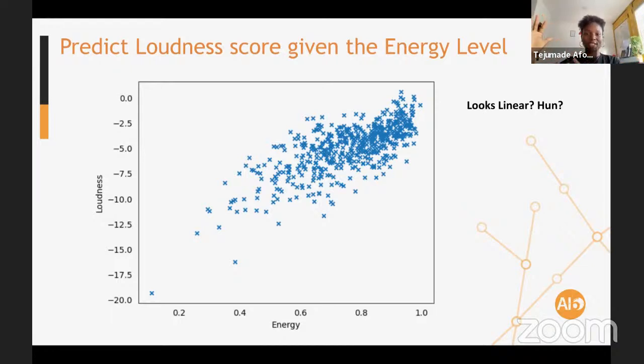It is a continuous value. So does it look linear to you? What do you think? Does it look linear? Can we use linear regression? I mean, this is currently our hammer. We just keep using it, hitting everything with it. It's like linear regression. Can we fit a linear model on this? What do you think, guys?